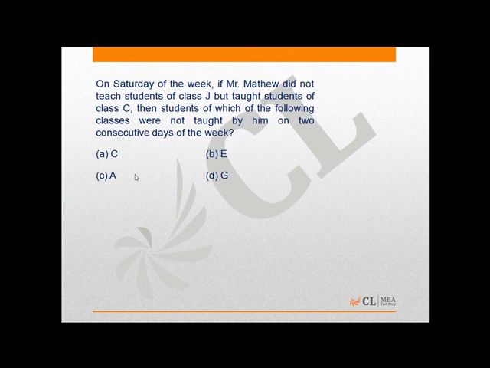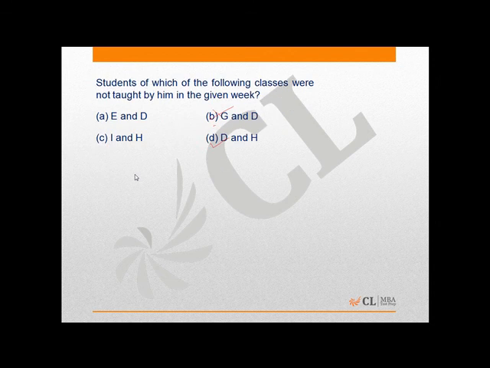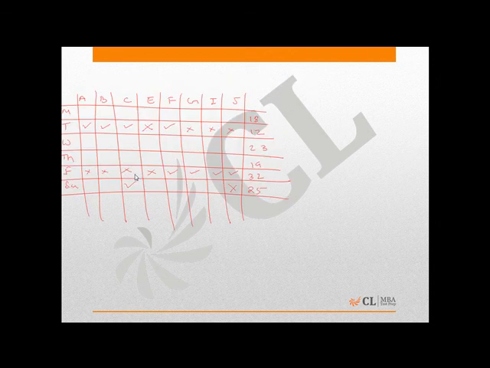Then students of which of the following classes were not taught by him on 2 consecutive days of the week? Now we are done with this. We have to solve the scenario for the remaining classes. Let's see what is the scenario for the remaining classes. Monday, if I talk about